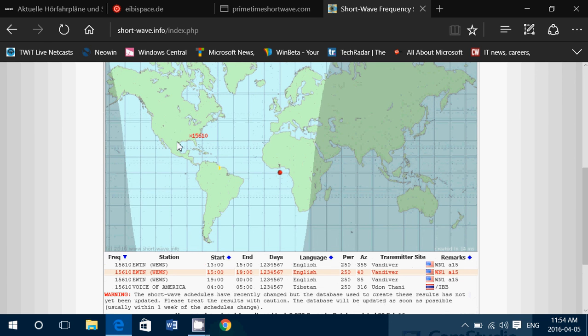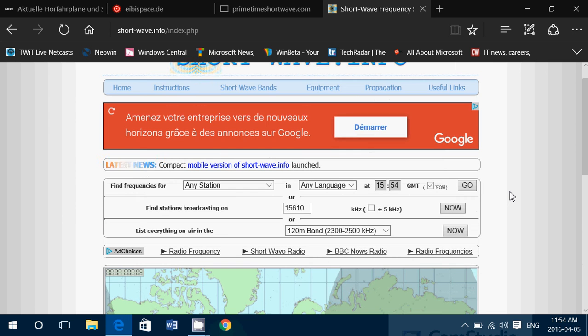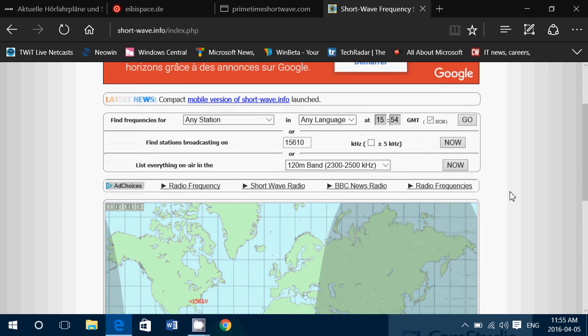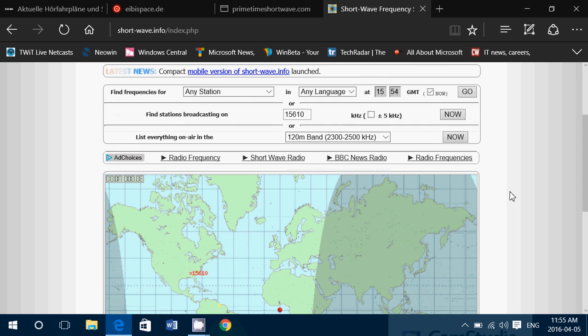on a map the transmitter site, which is cool also because it lets you know where the transmitter is. So it's a very nice, not only listing, but it also shows you visually where everything is. So shortwave.info is a great website for that and for searching frequencies and looking at transmissions and having a visual map of the different transmissions. So that's pretty much where I go.